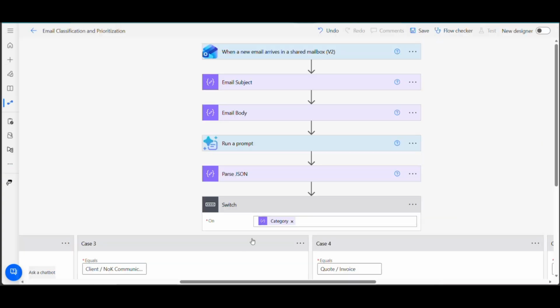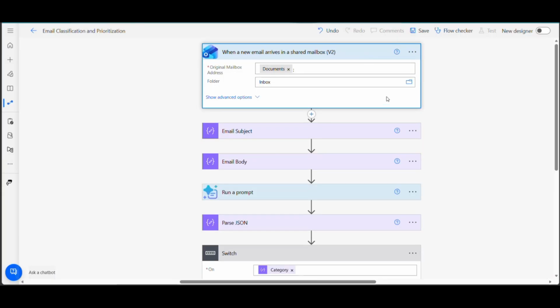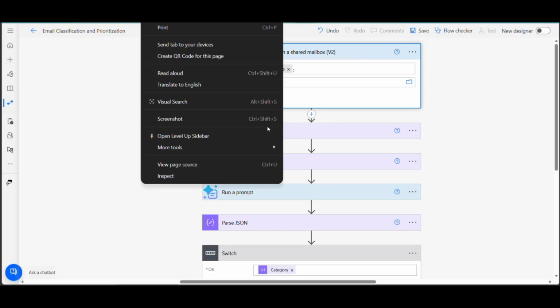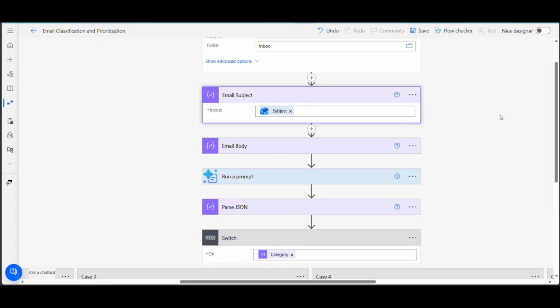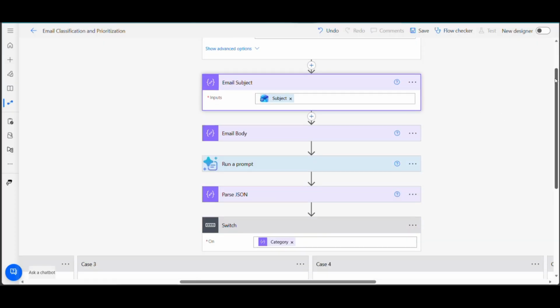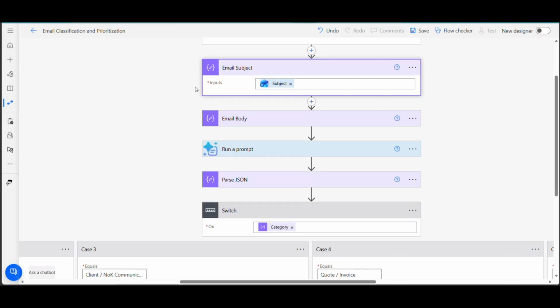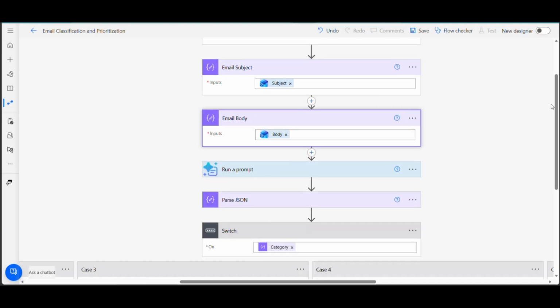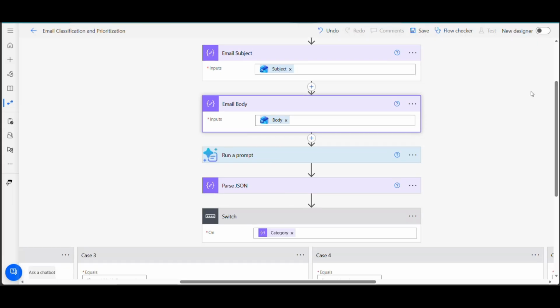So this is the email classification and prioritization automation that I created in Power Automate. Again, everything starts with an email arriving in a shared mailbox. Let's just assume that you have a mailbox, and all of the emails, either you copy or move, go to that mailbox. Every time an email is received in that mailbox, we will get the subject and the body, since we'll be using these as input for our